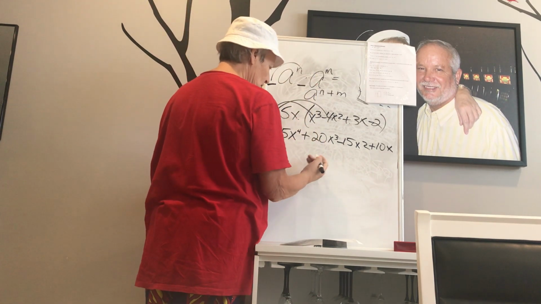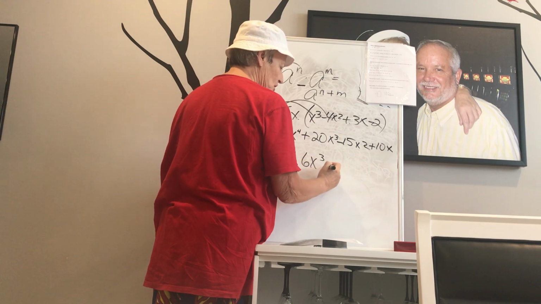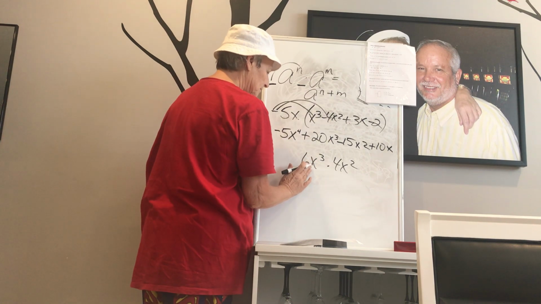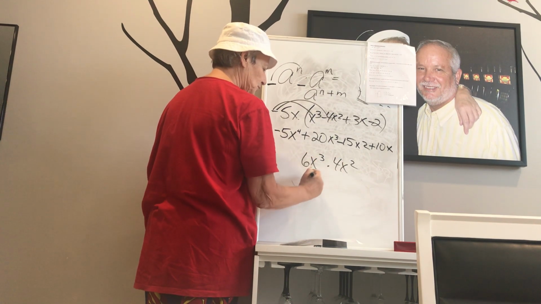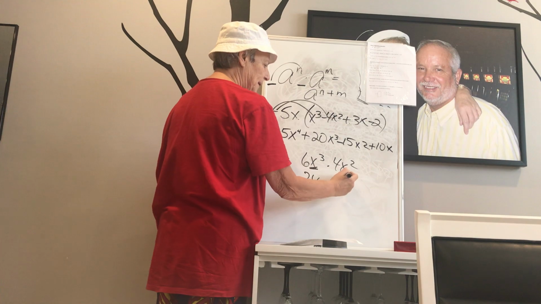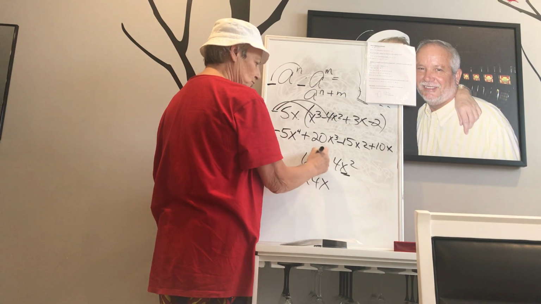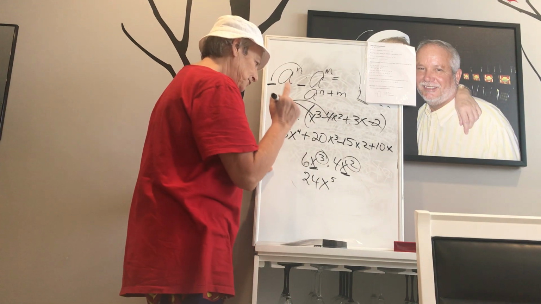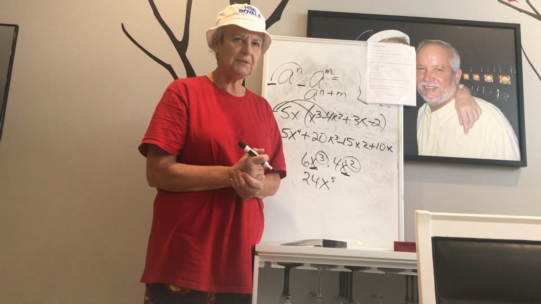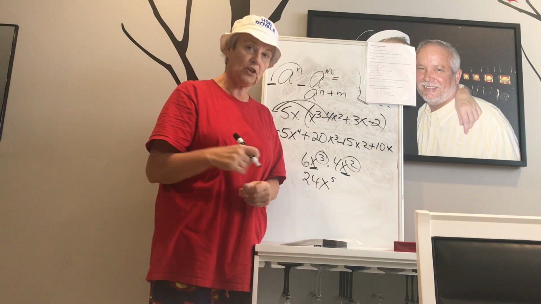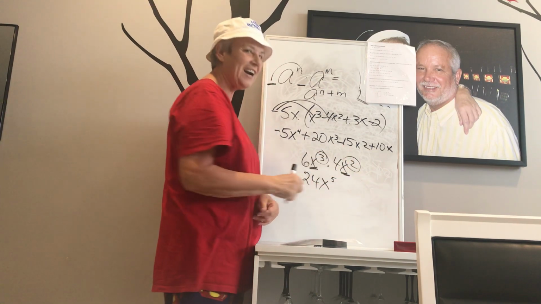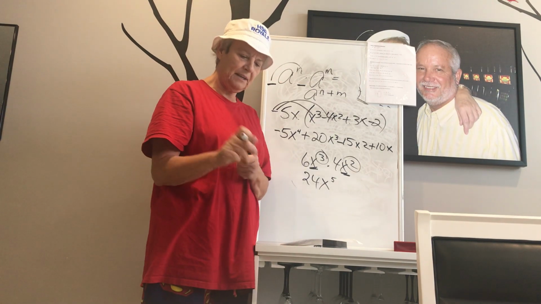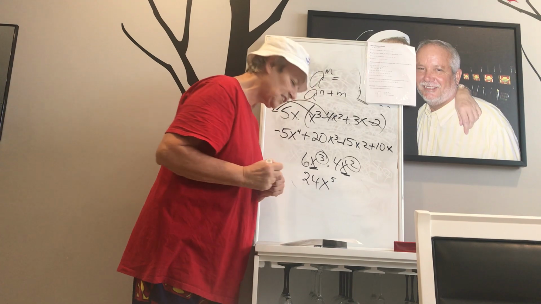What I just said was 6x to the 3rd times 4x squared, okay, is 6 times 4 is 24, and the bases are x, and you add, not multiply, the exponents. If you were adding those, you would have to say, I'm done, because there's no like terms. You can only add if the exponents are identical. I know I flew through that, but I want you to do 7C,